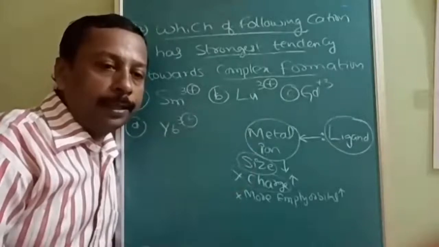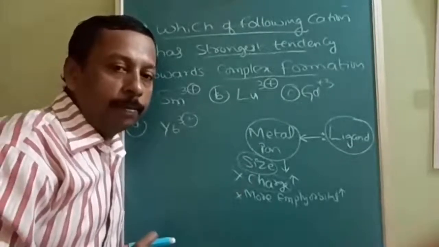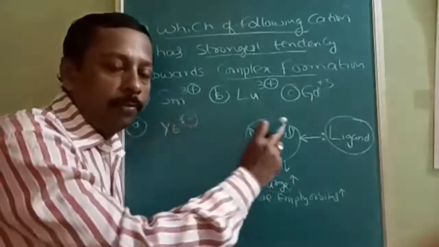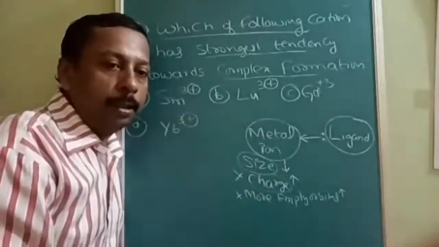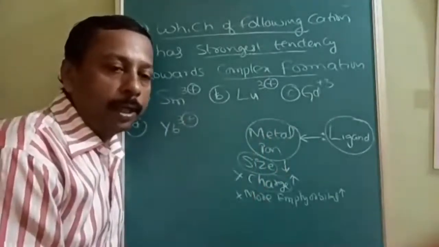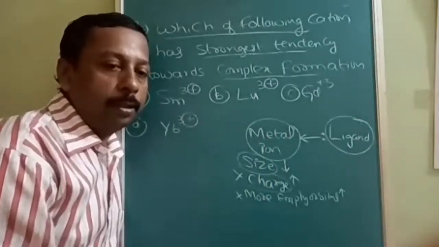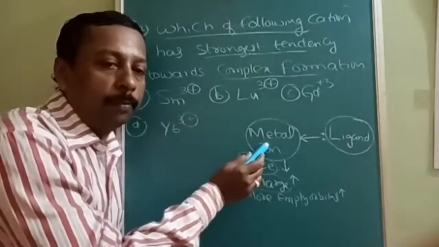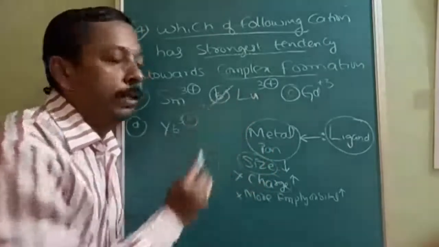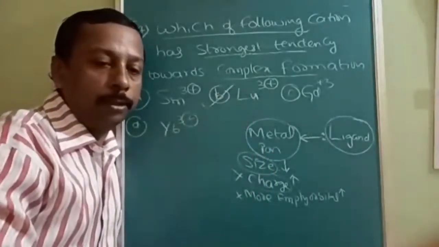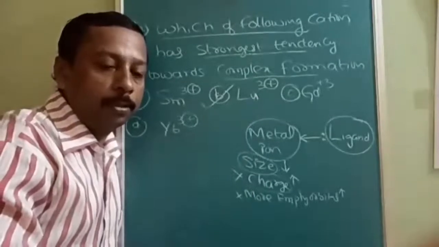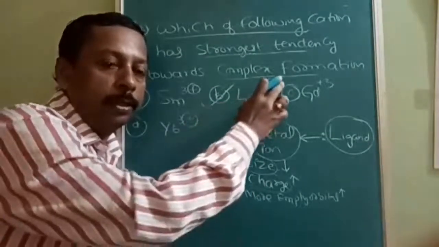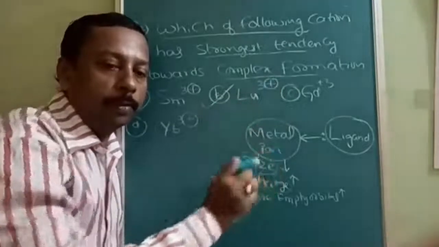Lanthanide contraction is a very important topic. Lanthanide contraction says that from left to right, as we move in the lanthanide series, atomic and trivalent ionic radius decreases. So smallest size means biggest tendency to form complex. Therefore, B is the answer, lanthanum to lutetium. Is this concept clear? So the lanthanide contraction topic is covered, and the tendency to form complex topic is also covered.